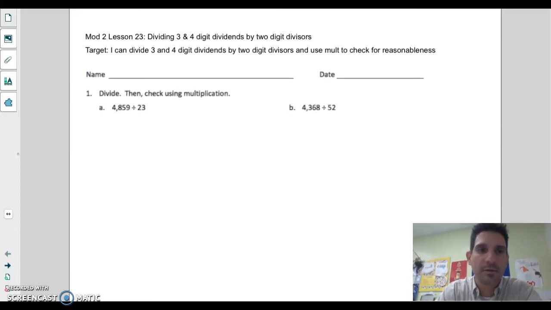All right, guys, we're in lesson 23, last lesson of the quarter. So again, the lesson's basically the same as lesson 22. It's just little bigger numbers, but same stuff. So let's do a couple together. The first one we're going to do is, and again, write a little bigger,